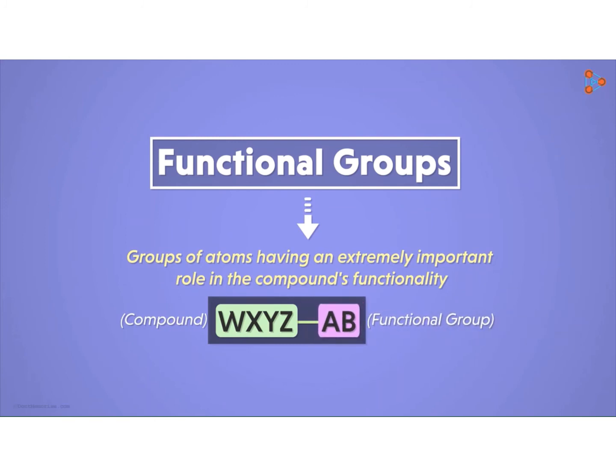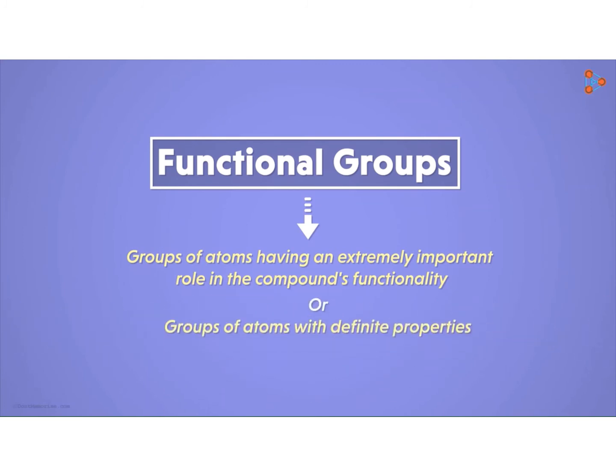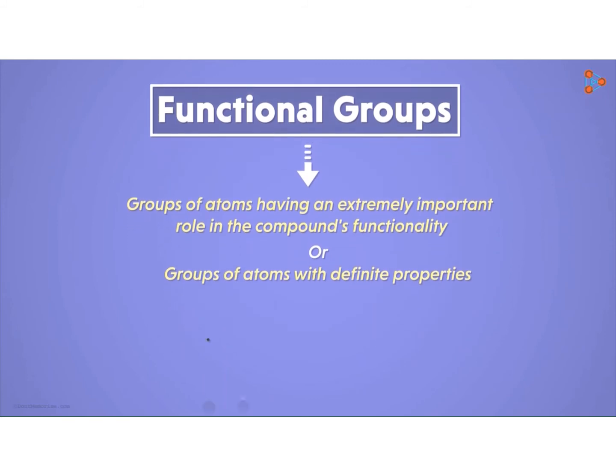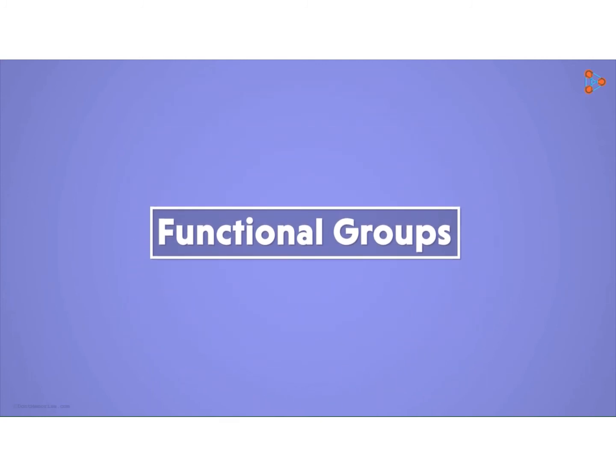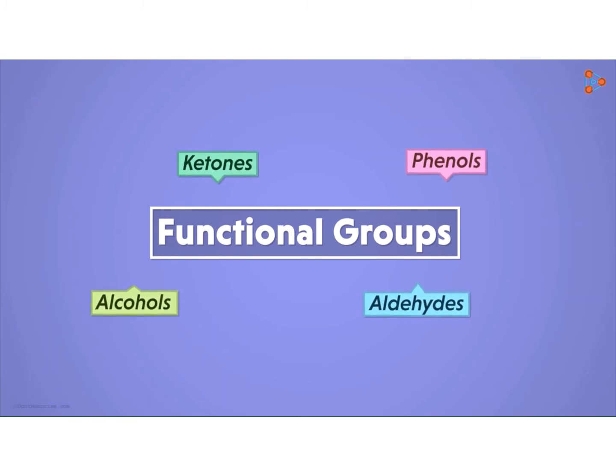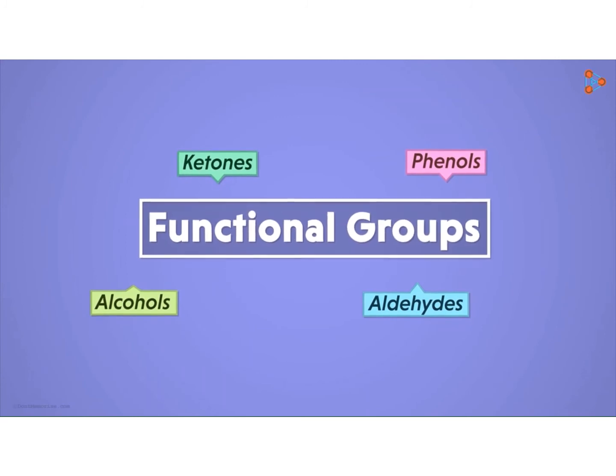There is another way in which we can understand functional groups. They are defined as the groups of atoms which have definite properties. These functional groups impact the properties of the compound in which they are present. The presence of functional groups defines the properties irrespective of the length of the principal chain of carbon or side chains attached to it. Do we know a few examples of functional groups? Of course we do. You must have come across the terms alcohols, aldehydes, ketones, phenols, and so on. These are nothing but functional groups.